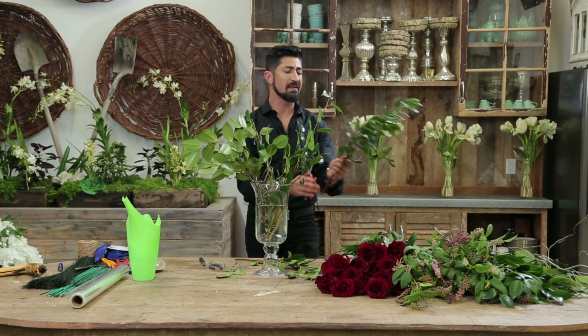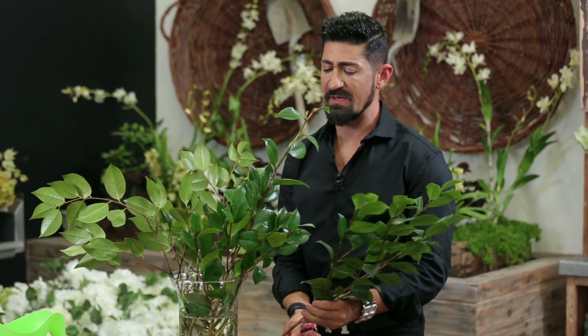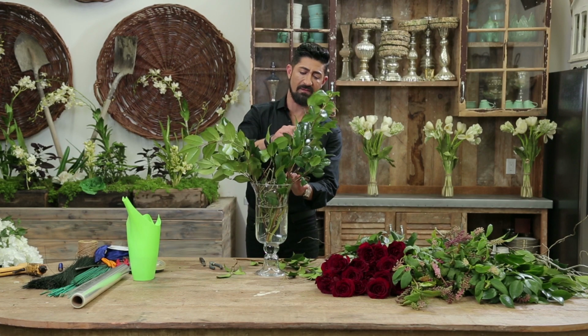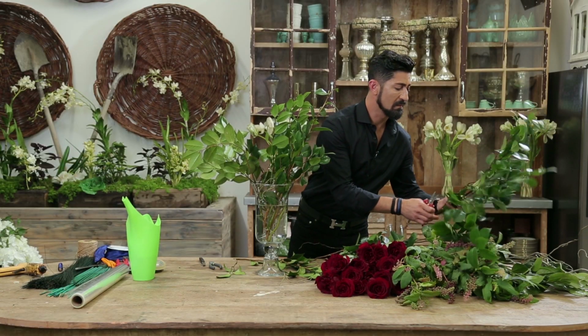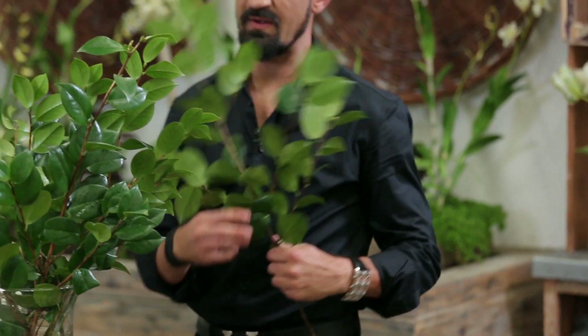And let the camellia leaves do its thing, right? See how this droops a little bit. Just make sure you balance it off on each side so it doesn't look more heavy visually on one side versus the other. I think one more is going to be good enough,